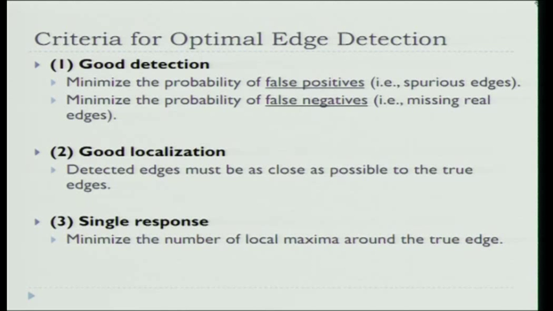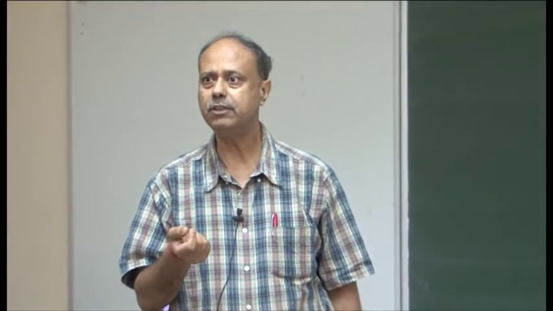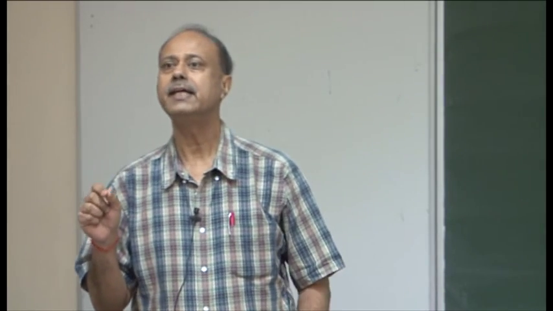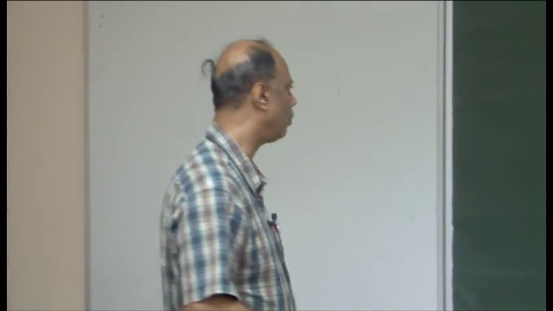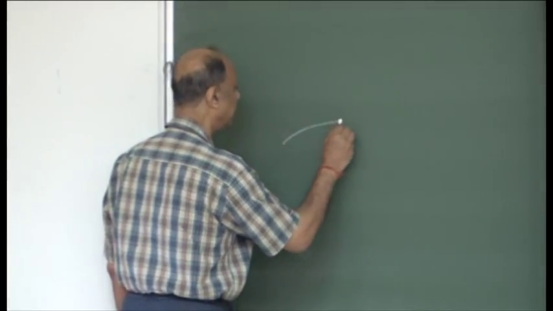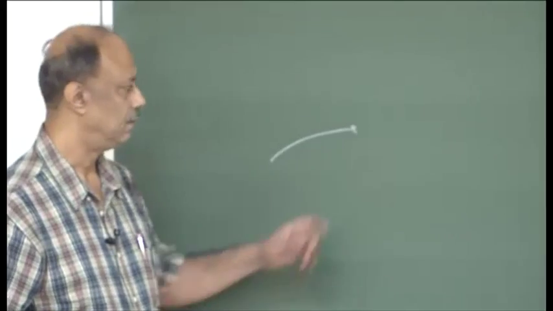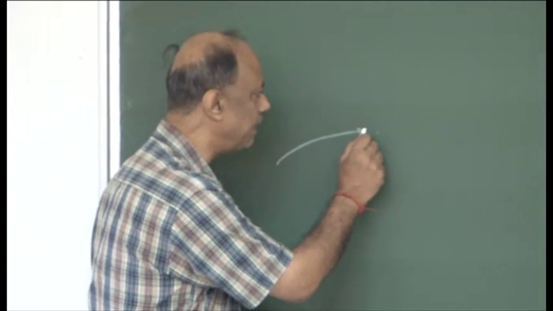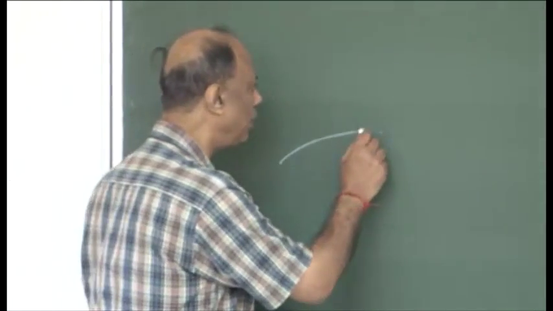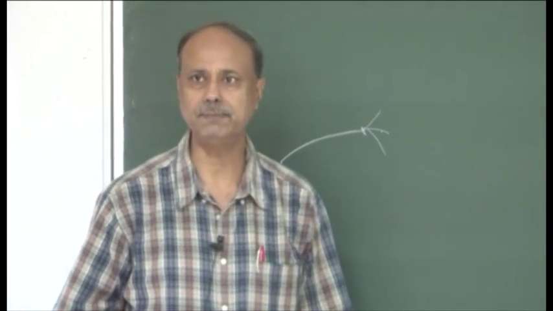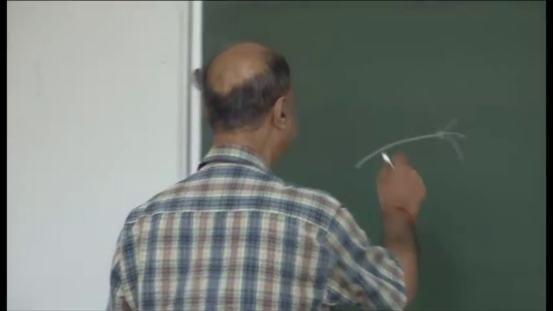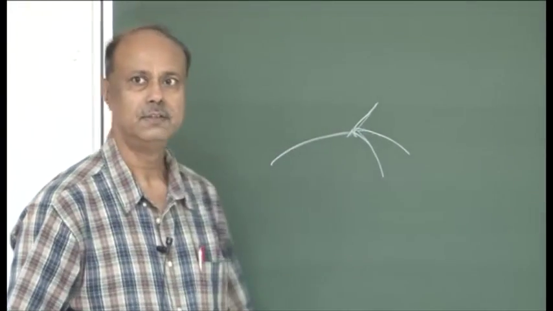What it means is that if this is an edge point, from there you will obviously get the gradient direction and gradient magnitude, and towards that direction only you should get another local maxima. You should not get too many local maxima. Suppose this is an edge. While I am looking for whether a neighboring pixel is an edge point or not, it should not give me several edge points, several local maxima, because then it will create an edge this way, and this way, and so on. Generally it does not happen, because we assume the image is such that